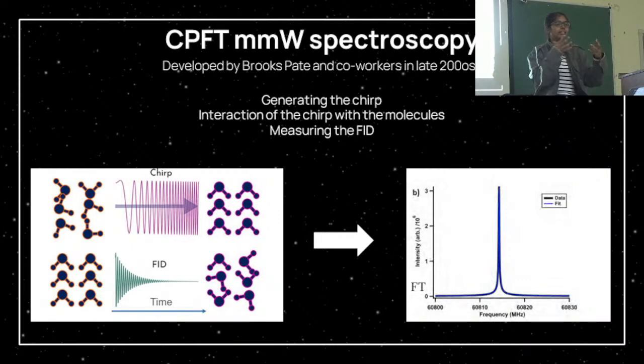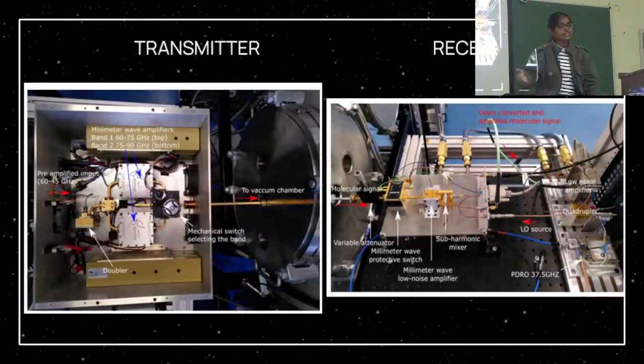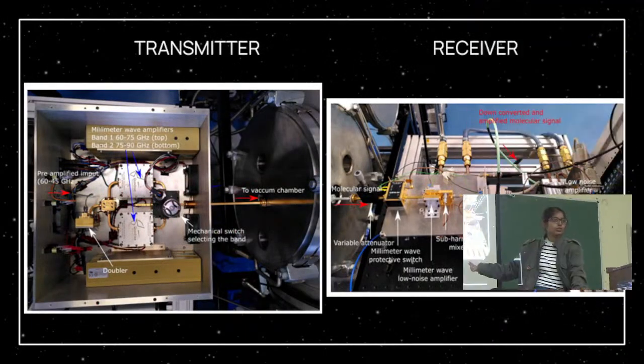So what the spectroscopy actually looks like: you have these gas molecules that are formed. You put in a chirp, and the chirp will align all of the dipoles in a certain direction. It will force them into alignment. While they emit this energy, if you look at it in the time domain, you see energy being emitted as a free-induction decay, or FID, which if you take a Fourier transform, simply corresponds to the frequencies that were absorbed. So using Fourier transform millimeter wave spectroscopy, you can set up a very sensitive measurement.